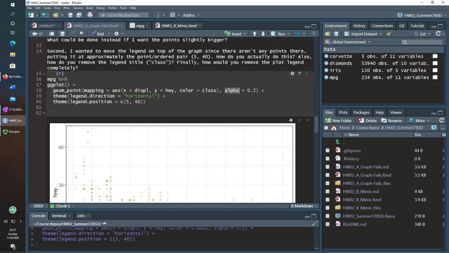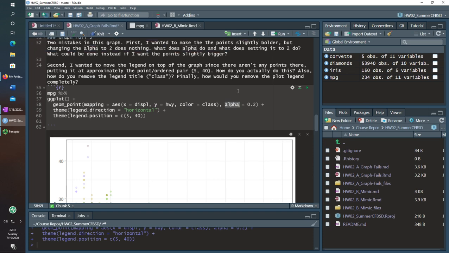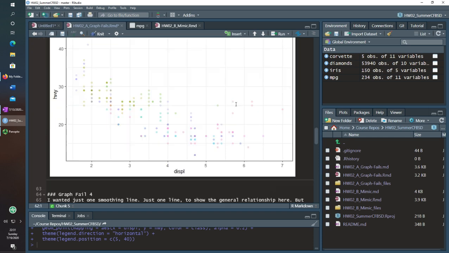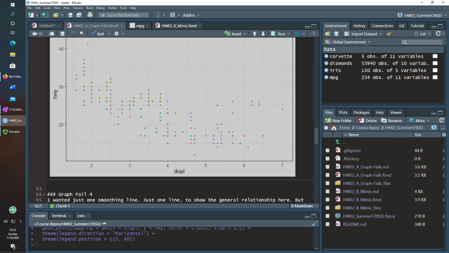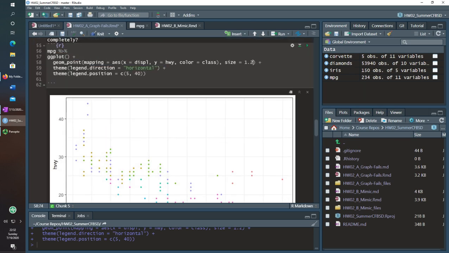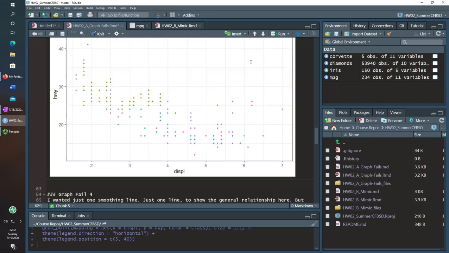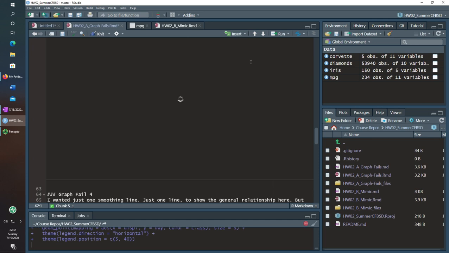But if you wanted to change this so that it's actually bigger, we want to do size, and now I can make it 1.2, for example, and they're going to be slightly bigger points, because bolder in this case will just make it slightly bigger. So maybe that didn't do a good job of showing that it was actually bigger, so let's just do something ridiculous like a size of 5, which should be rather large.